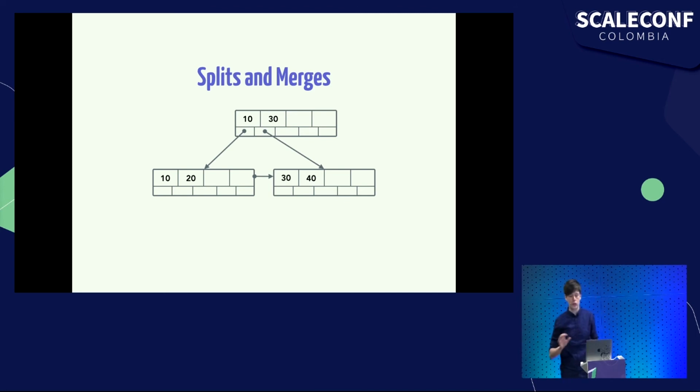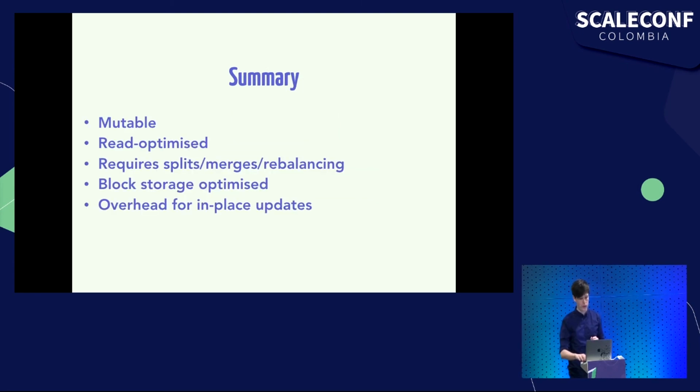Deletions are similar to insertions, but may cause a node merge, so not the split, but merge, which is an operation reverse to split, when a node becomes so-called deficient. The number of splits and merges depends on the branching factor and usually should be minimized in order to reduce the amount of I/O operations. So, in order to summarize the information that we just looked over for B-trees: